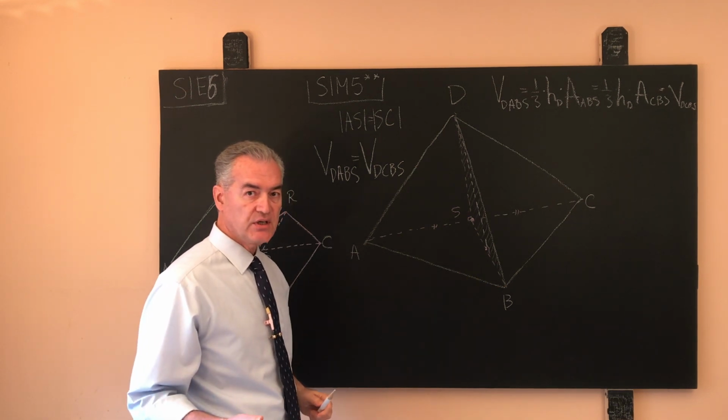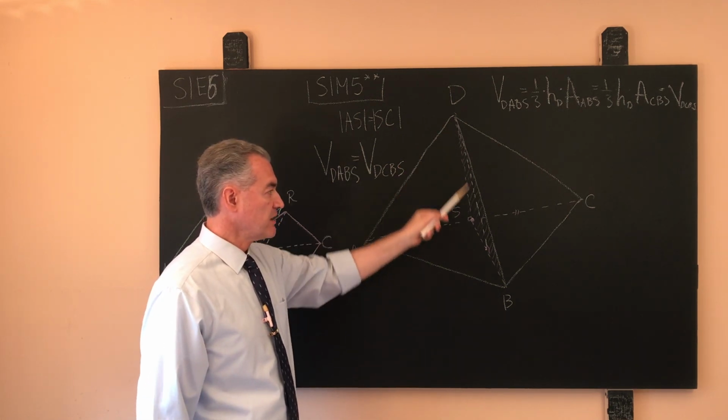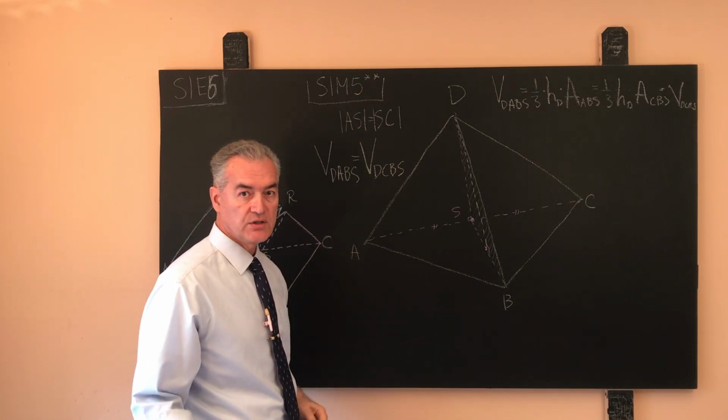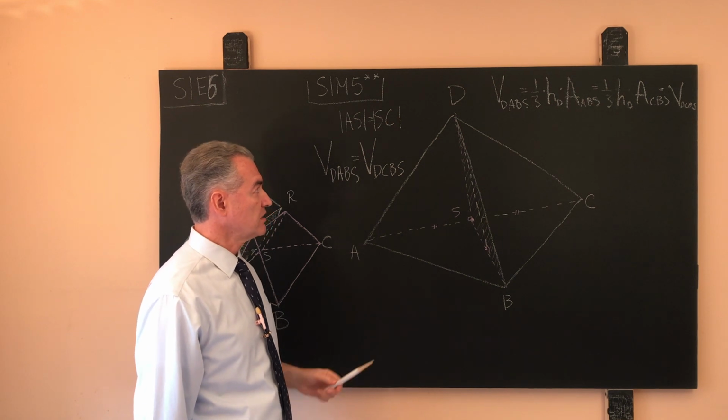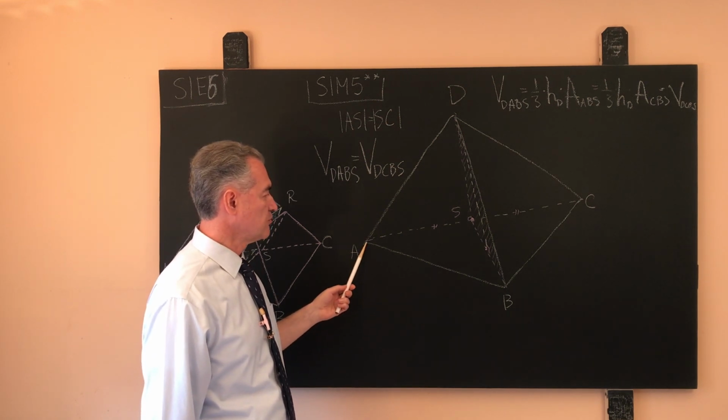What matters here is that the length of that height is one and the same, and consequently the volume of the smaller tetrahedron